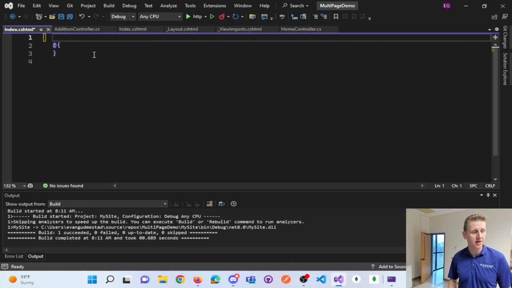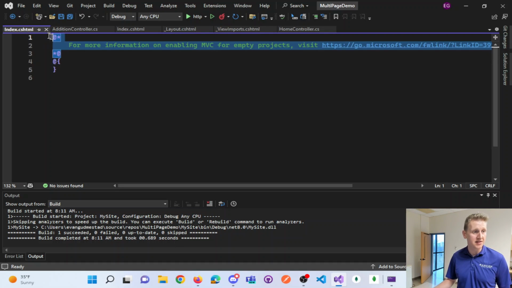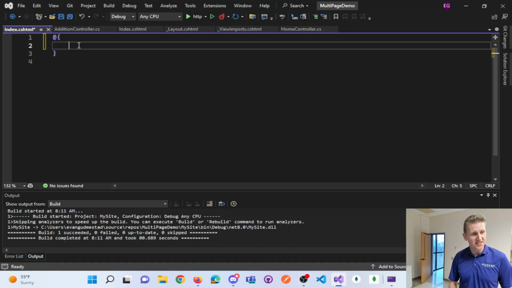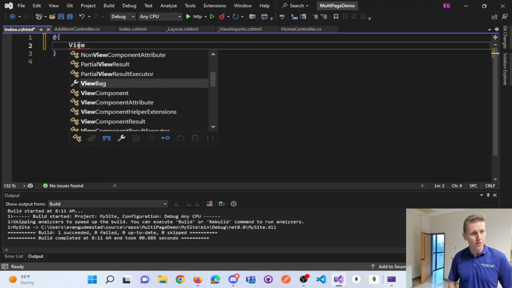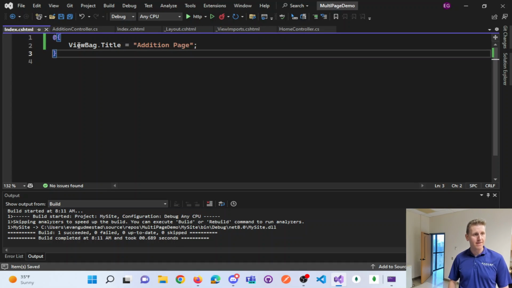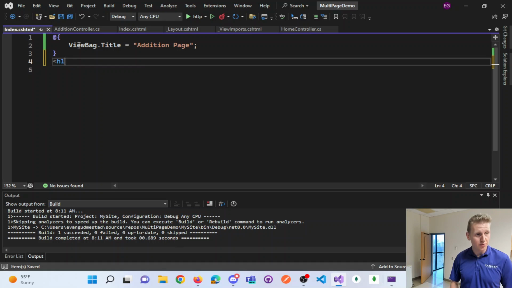So here, now this is just a comment, right? So obviously the green is a comment. I'm going to delete the comment. We saw ViewBag.Title equals, and I'll say "Addition Page," something like that. And I'll say H1 "Addition Page,"